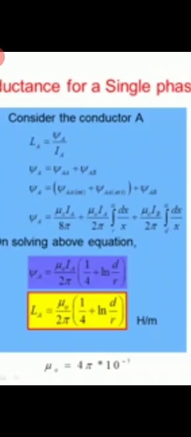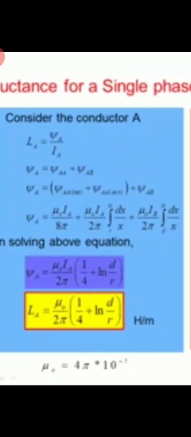Usually for the total flux linkage, you can see in the next line, psi AA is nothing but psi A internal plus psi A external. This concept we have already seen. What do you mean by internal flux linkage? What do you mean by external flux linkage? Internal flux linkage and external flux linkage clubbed together, we call the flux linkage of the particular conductor. So I can divide this psi AA as psi AA internal plus psi AA external, and then psi AB.